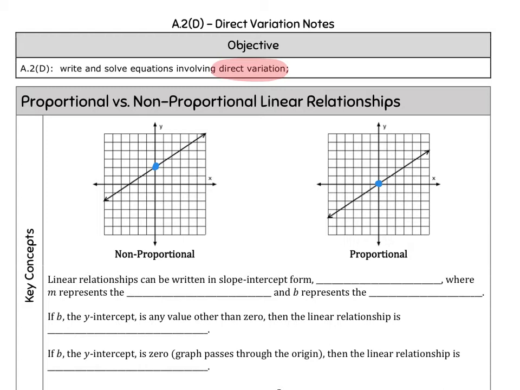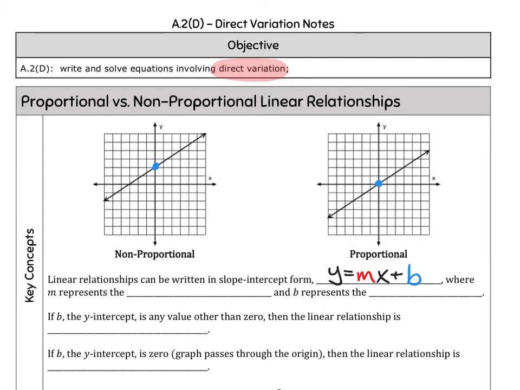I know that you did this last year, so it might be more of a review, or it's brand spanking new, and that's okay too. So linear relationships can be written in slope-intercept form. And if you look at your formula chart, slope-intercept form is y equals mx plus b,